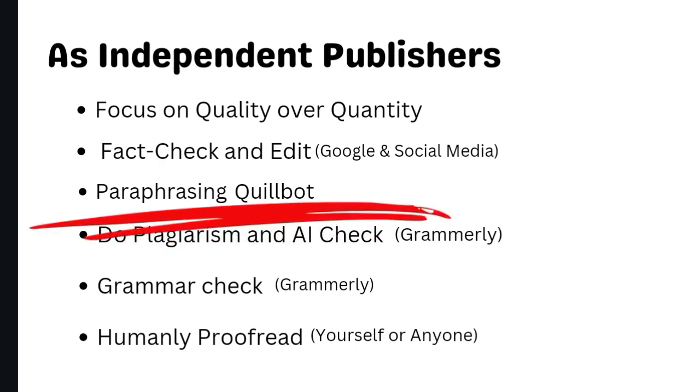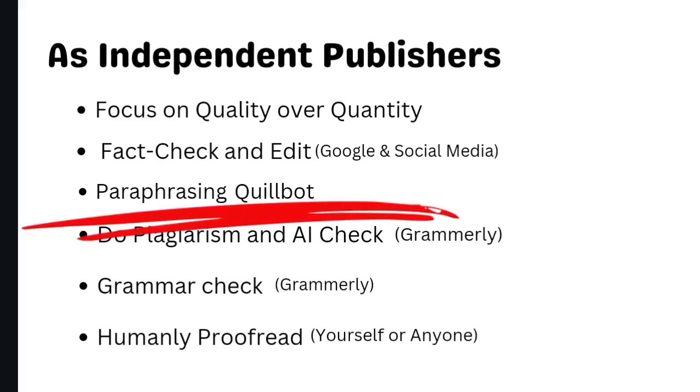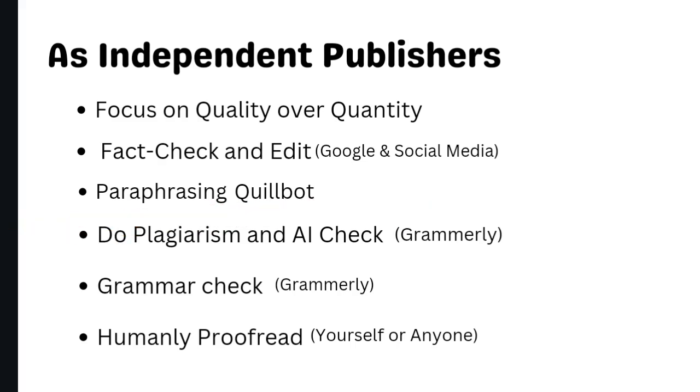Another thing is paraphrasing. Once you gather your information, you need to paraphrase, in the sense that it helps avoid plagiarism or AI detection. That is what brings in Quillbot. Quillbot can assist you in paraphrasing your content, and I advise you to get the Pro version so that you get unlimited paraphrasing access.